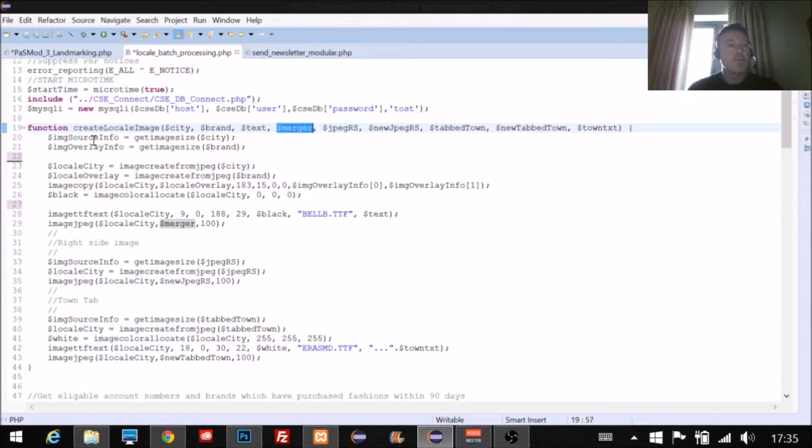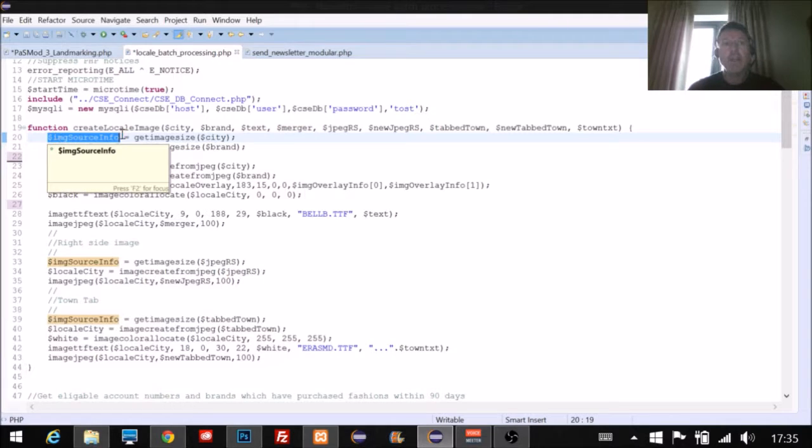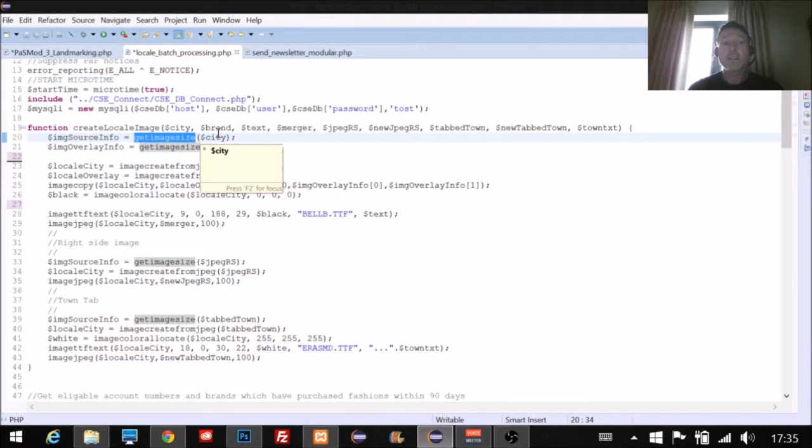Okay, so the first thing we need to do is get the size of the images that we're going to be using. When I talk about size, I'm talking about dimensions, the height and the width in pixels that we need to process, amend and transform that image. So we have a new variable here, image source info equals get image size city. That's going to get the image size of the variable city, which contains the pathway of the Brighton JPG. So that is brighton.jpg,